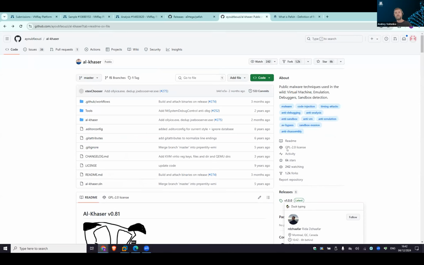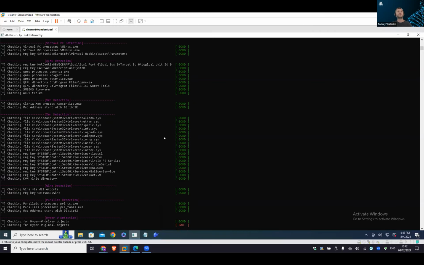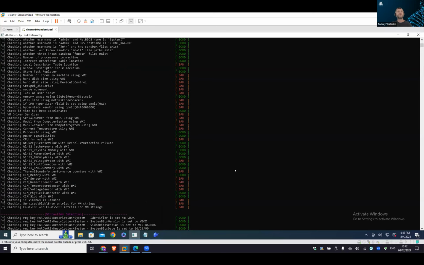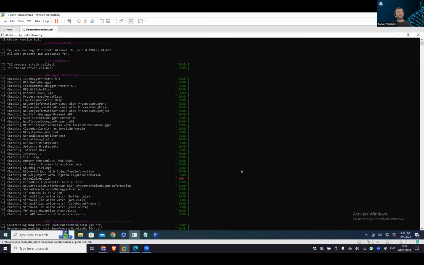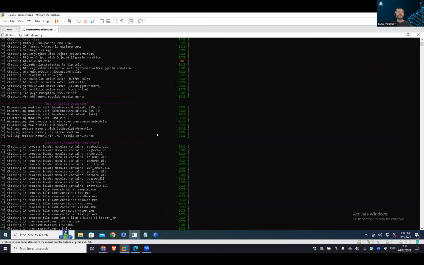They both actually do the checks that Michael just showed. They check if the environment is virtual, if there is a sandbox, if there are different utilities installed there. I do have a virtual machine with the results of an Al-Khaser run here. So first, that's the check for TLS callbacks, then all sorts of different ways to detect the debugger, then the DLL injection detection,